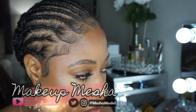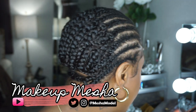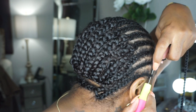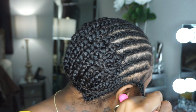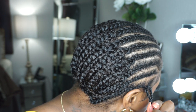This is the easiest process ever. I love doing crochet braids because not only do they look cute, but this method is super fast to do. But you do want to be careful inserting the crochet needle because you don't want to break your hair. Then I would have these nails to slow me down, but